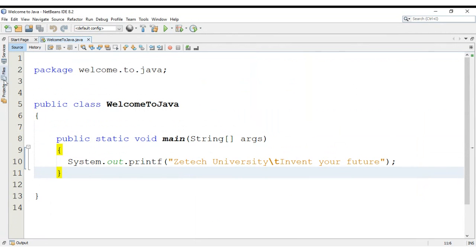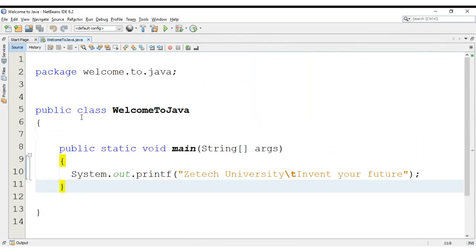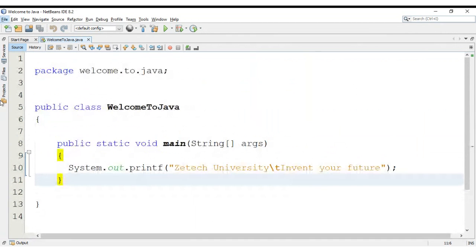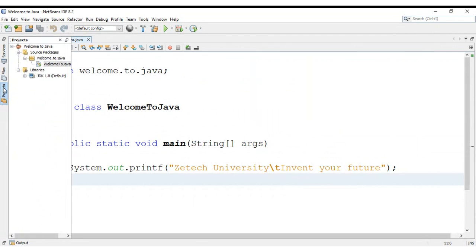Can you see these projects? Look at where my mouse is. Projects, file services. Under projects, you're going to see your projects. It's probably called Welcome to Java, or however you named it. You click on it, you click source packages, Welcome to Java,